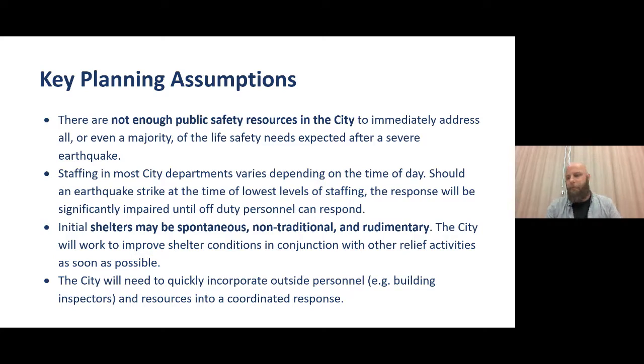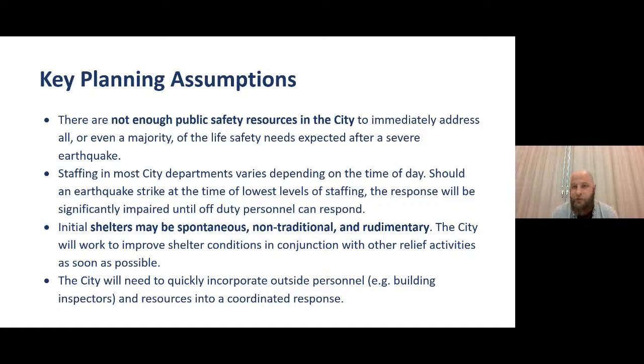All right, so one of the first things that you'll find in the Earthquake Annex, and there are dozens of these listed, but I just pulled some out, are planning assumptions. So when we start looking at how we'll respond to something, we like to get down what we think the state of things will be when this event happens? And these are just some of the key ones, and I think these are the ones that most speak to the aspects of response that I'm going to talk about here in a minute.